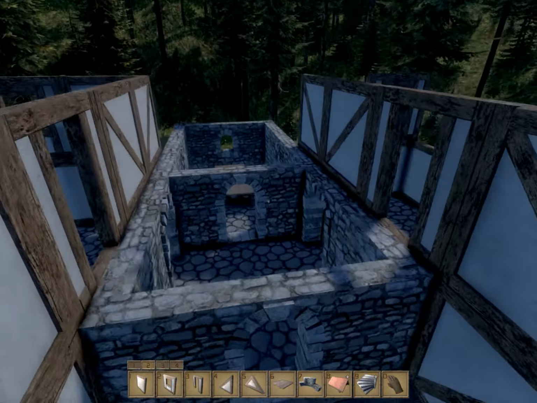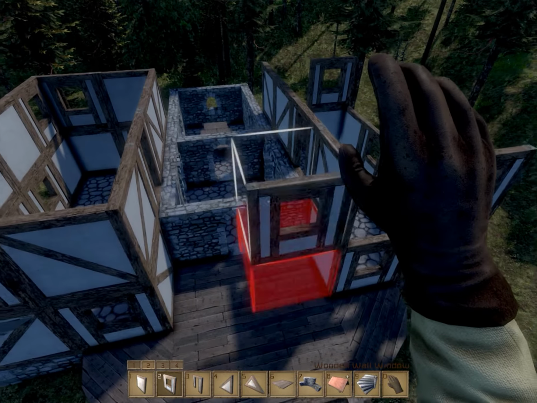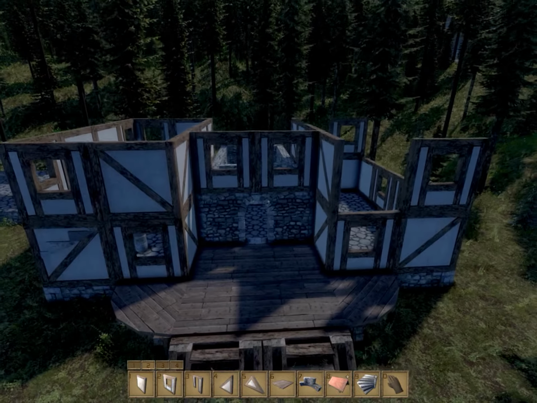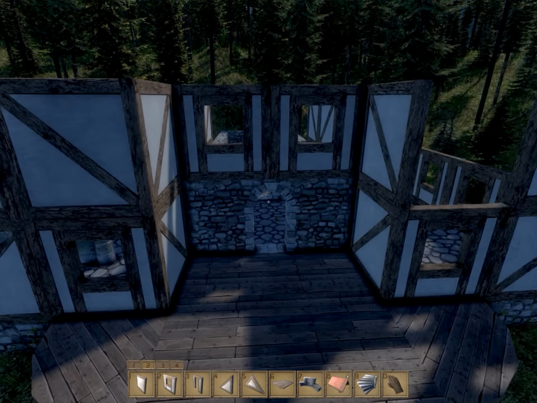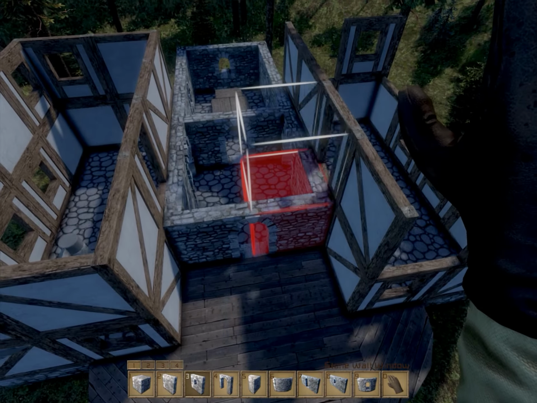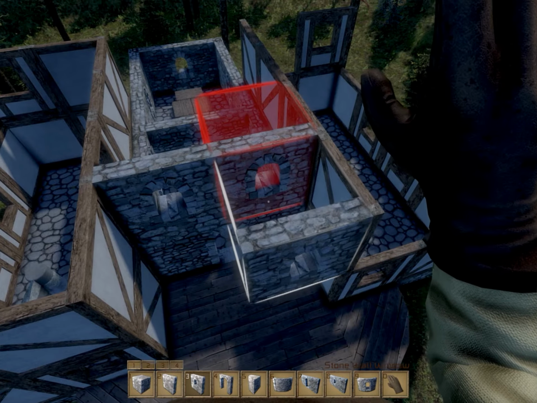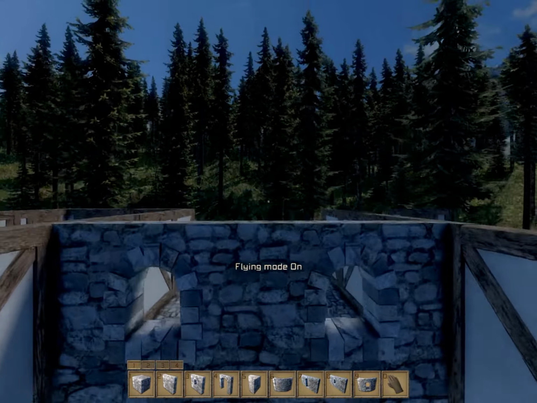Let's see. I could throw in a double window here. That might be cool. Or it might not. I could do another stone. I could make the center continue with the stone theme. In which case, I don't know if I want two windows. I mean, when you start doing things like this, it almost looks like a face, which can look bad, but